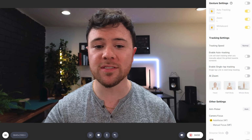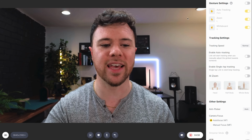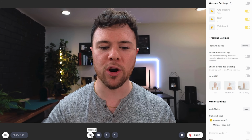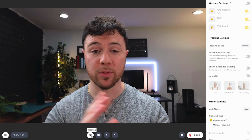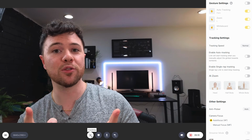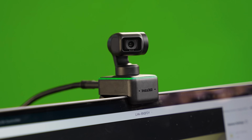And then in the more settings tab, this is where it starts to get interesting. So we're going to come back to this in a second. You'll notice on the bottom of the preview, what we have are a few buttons. First up is tracking. As I showed you before with the 3-axis gimbal, how it moves left and right, it can automatically do that, but still keep me in frame as I move,